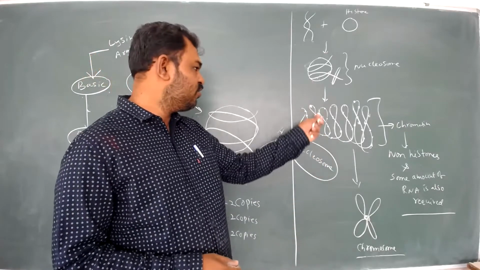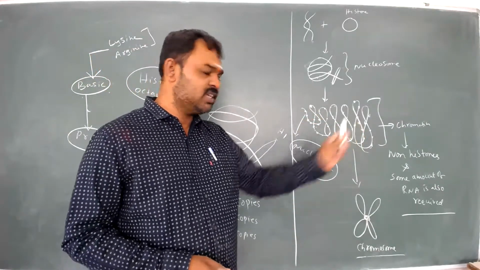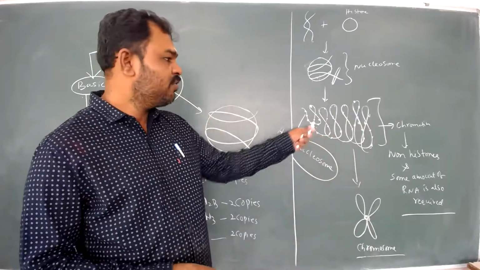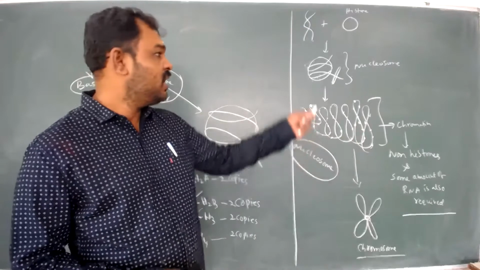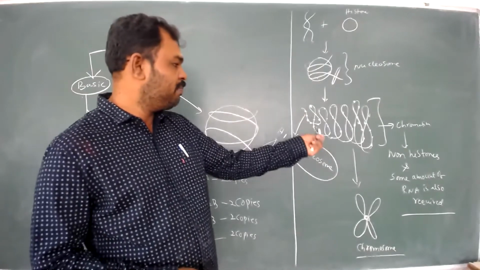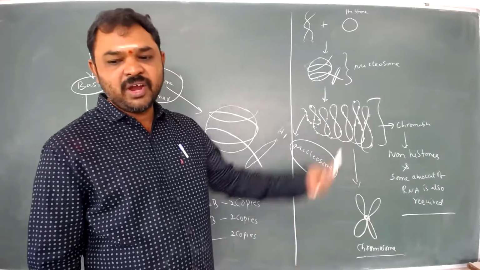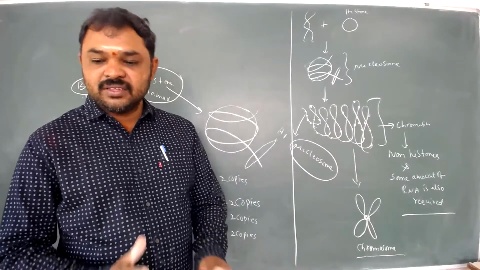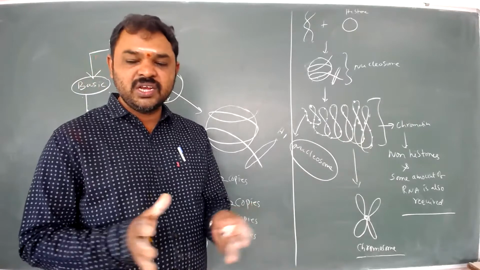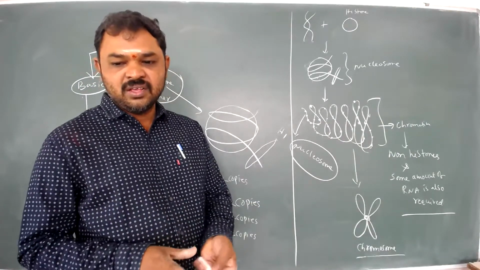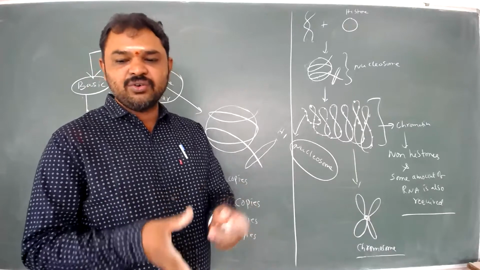Then the nucleosomes appear as beads on a string. So here, the nucleosomes appear as small beads on this string. This is called chromatin. But chromatin is of two types, according to the staining technique. When a dye such as carmine is added to chromatin,